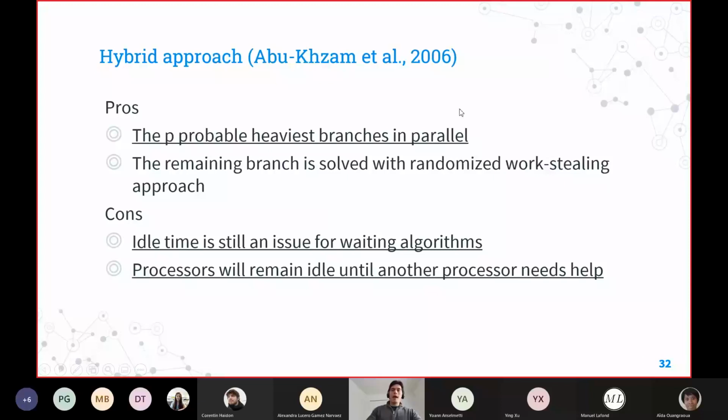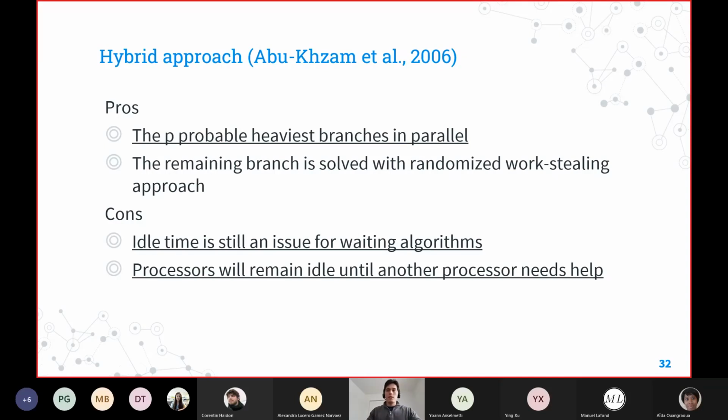Then we have the next balancing approach, presented by Abu Kazam and the other contributors in 2006. We can find it as a hybrid approach. Since this is a combination of the two previous strategies, they somehow share the advantages and the disadvantages.